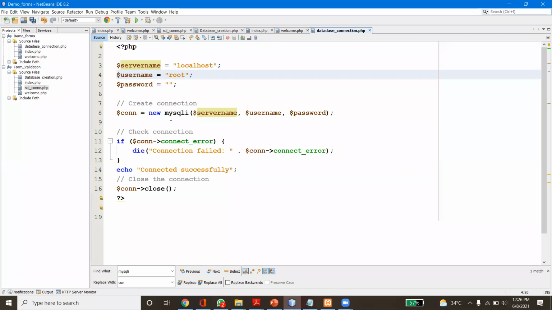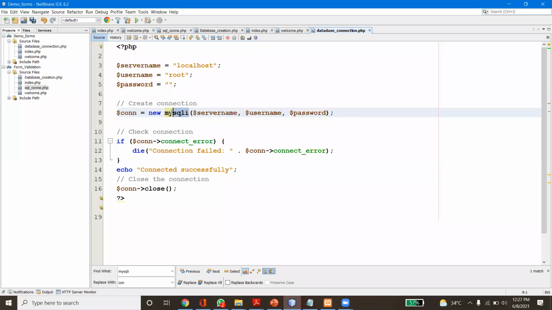Here in Java, we would write Connection con equal to DriverManager.getConnection, and inside the getConnection method we pass the host name and the database. Here we are not passing the database in the URL; we are passing it as another argument. Now we are going to use mysqli.